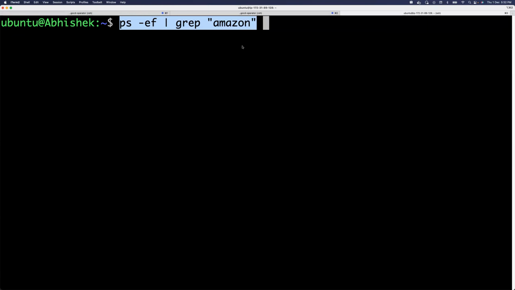Okay, so what is this command? This command is split into two parts. The first part is ps -ef, and the second part is grep Amazon. We already know what ps -ef is doing: it prints all the information about the processes that are running on this virtual machine. And what the grep command does is, out of all the output that is generated, it only fetches the